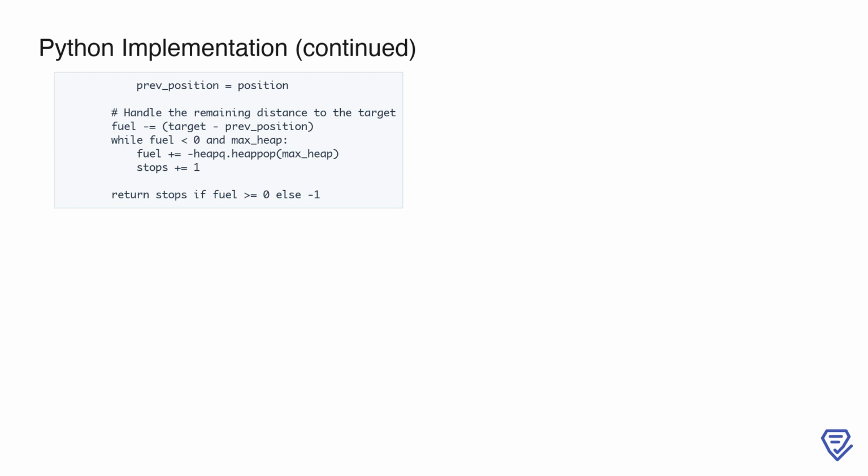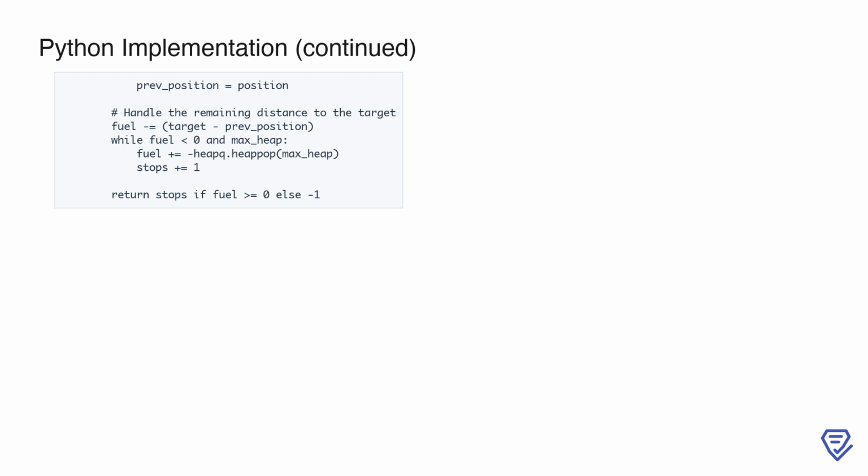If we exhaust all available refuels and still don't have enough fuel to reach the target, we return -1 to indicate failure. Finally, if we manage to have enough fuel after these adjustments, we return the stops counter, which represents the minimum number of refueling stops required to reach the target. This ensures that the function accounts for all possible scenarios efficiently while leveraging the max heap to prioritize the most